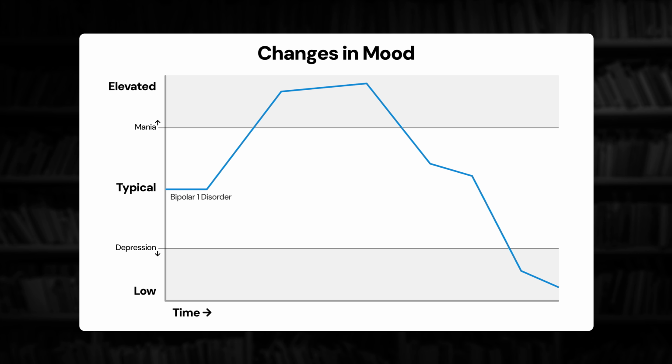Now that we have that understanding that depression are the dips in mood and mania are the elevations in mood, let's talk about the actual diagnostic criteria for bipolar I disorder. For a depressive episode, there are 9 symptoms. To meet criteria for a depressive episode, a person has to have at least 5 of these symptoms that occur within the same 2-week period that are a significant decrease from their usual mood. Importantly, these symptoms need to be present most of the day, nearly every day during this time. The first symptom is a depressed mood, which could be feelings of sadness or a feeling of being empty. This is something that the person may notice themselves experiencing or that others might notice the person experiencing as well.